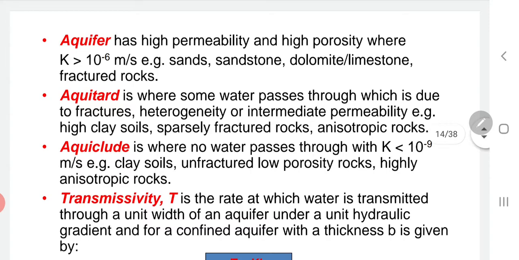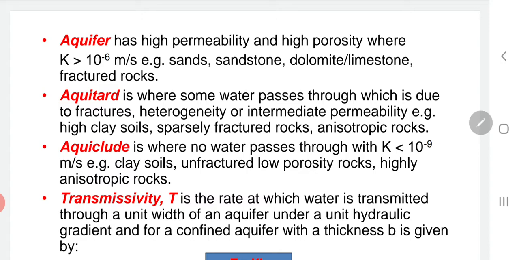Remember, we already explained about porosity, the space inside your reservoir, the space inside your groundwater area. So that is the factor that determines whether you can withdraw water or not